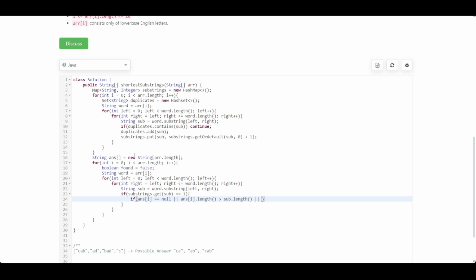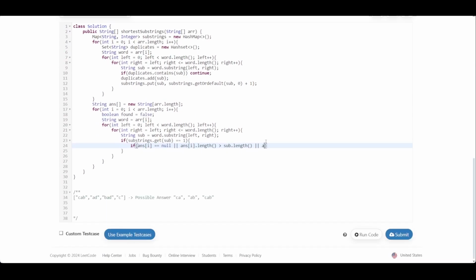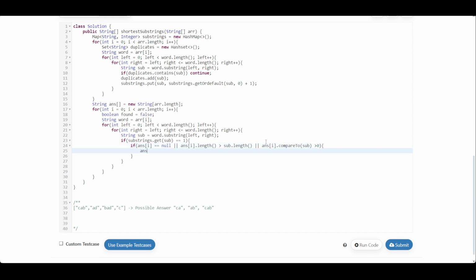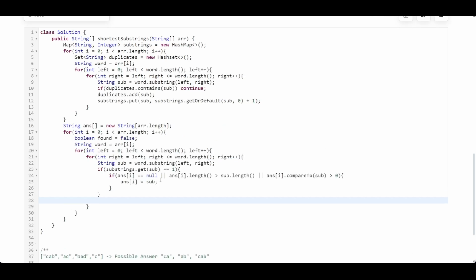We have to add the lexicographically smallest substring, as it's given in the question. So what I'll be doing is answer[i].compareTo(sub) if this is greater than 0. In this case I'll be adding my answer[i] will be equal to sub. Okay, and now let's just set here that my found is equal to true,